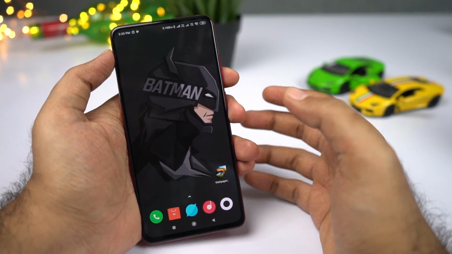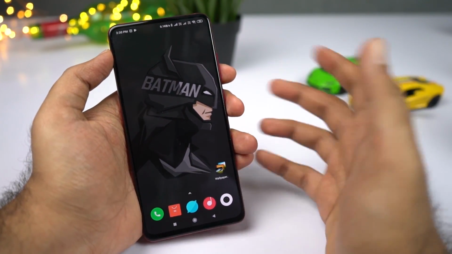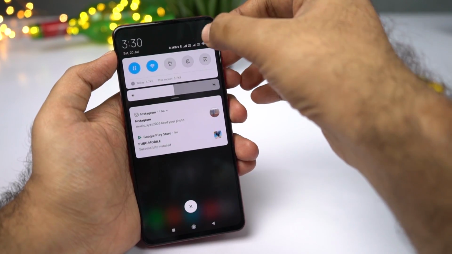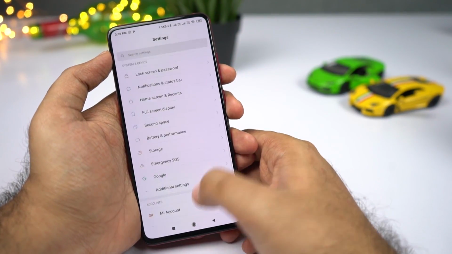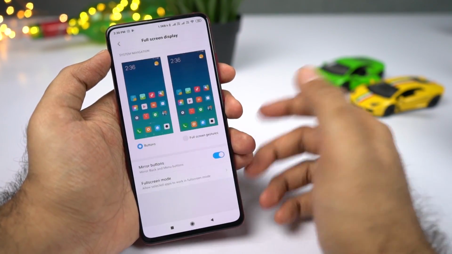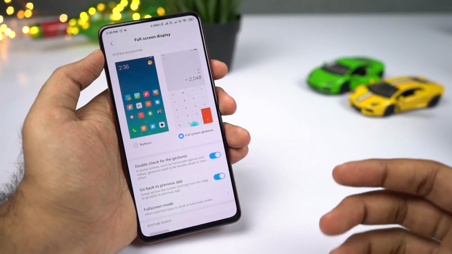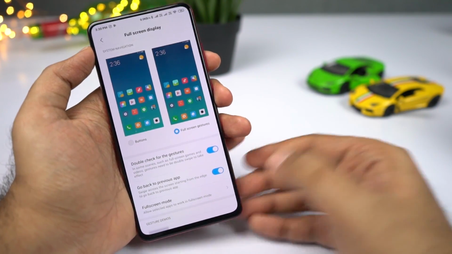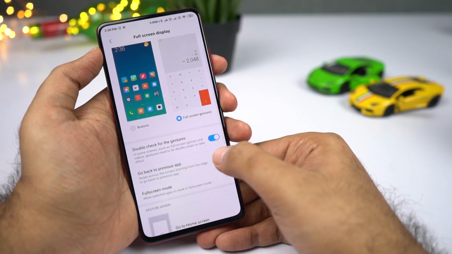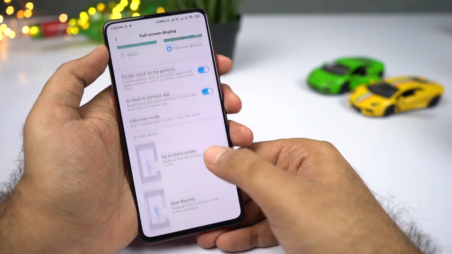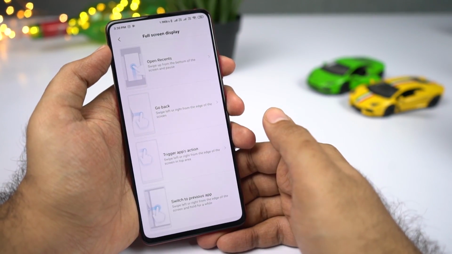Now I'll show you one of my favorite features on any Xiaomi phone, that's the full screen gestures. So to enable that, go to settings and now select full screen display. Now select full screen gestures. Now once you do that, navigation bar is completely hidden, and now we can use gestures. And by the way guys, make sure you enable this particular toggle. And you have some quick instructions over here just in case if you want to check them out,